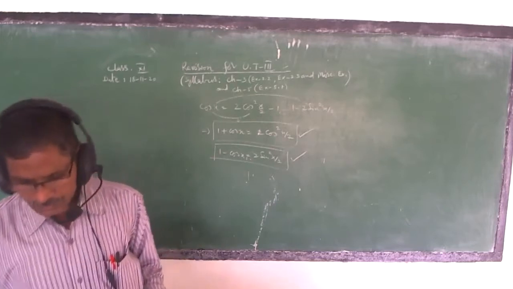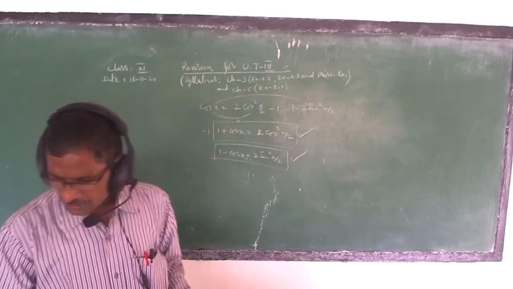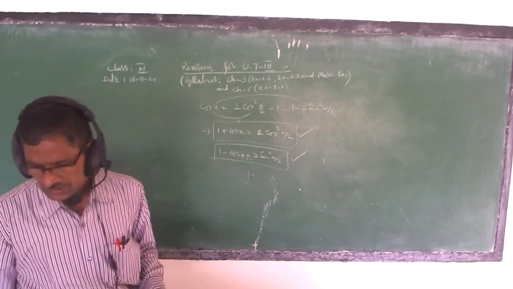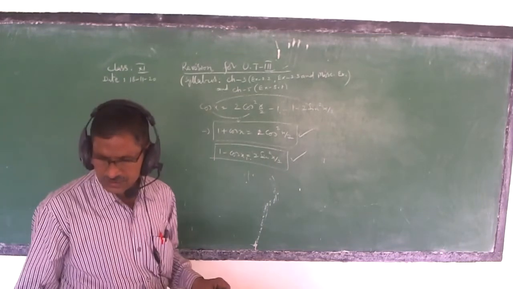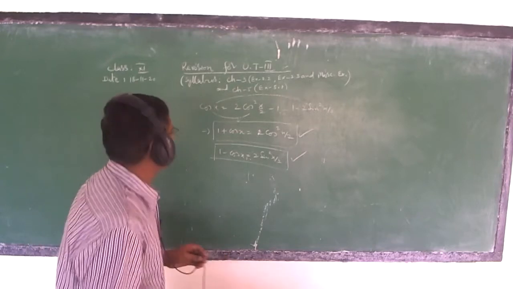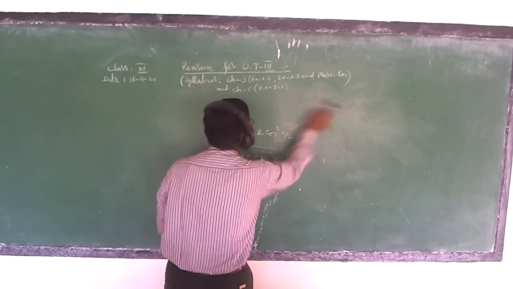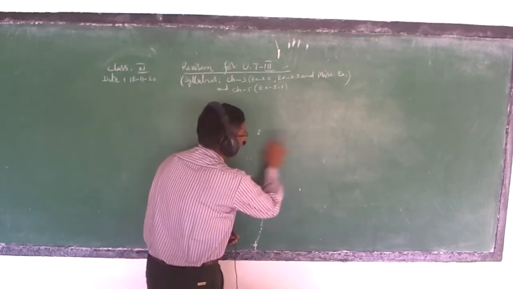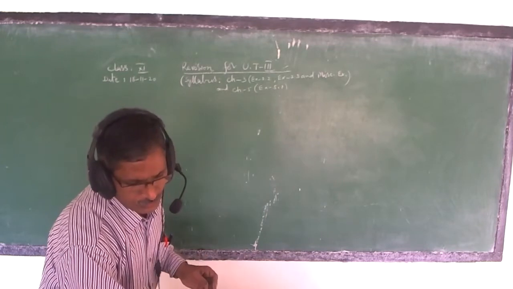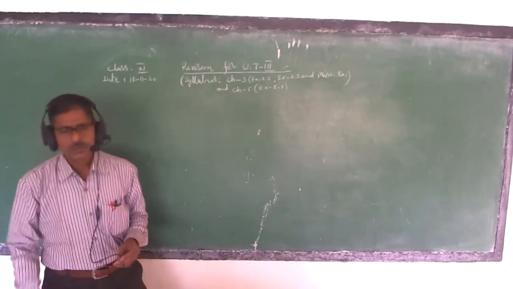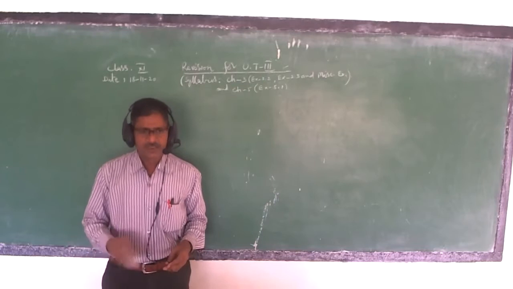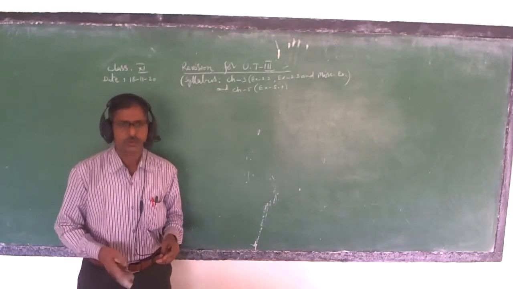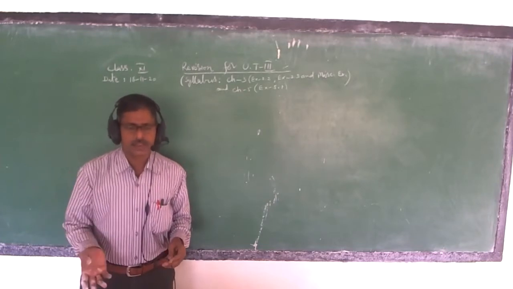So Exercise 3.3, questions 1 to 4, you have to put the values, and fifth question, find the value of. Fifth question, find the value of means, till now you have studied how to find the values of trigonometric ratios at particular angles in 10th standard. For example, sin 0 degrees is known to you, sin 30 is known to you, sin 45 is known to you, sin 60 is known to you, sin 90 is known to you.